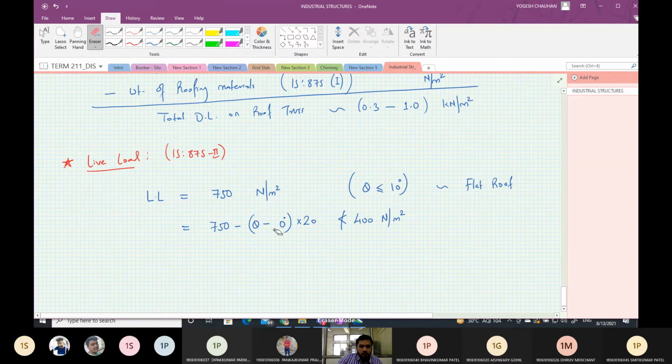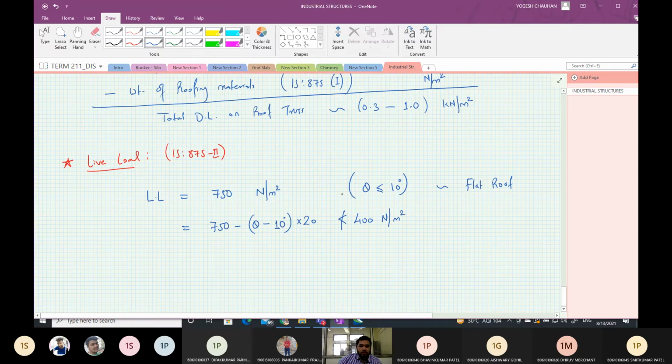So this is 10. For slopes greater than 10 degree, the live load on plan area will be equal to 750 minus 20 Newton per meter square for every degree increase in the slope.